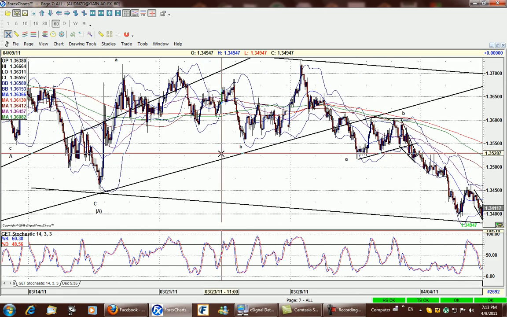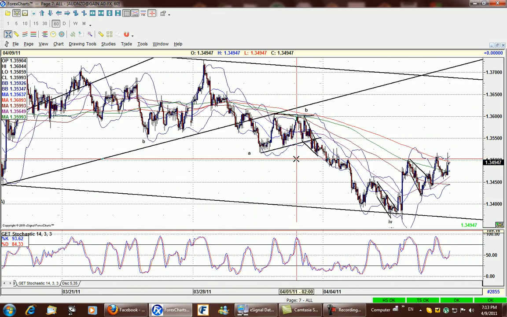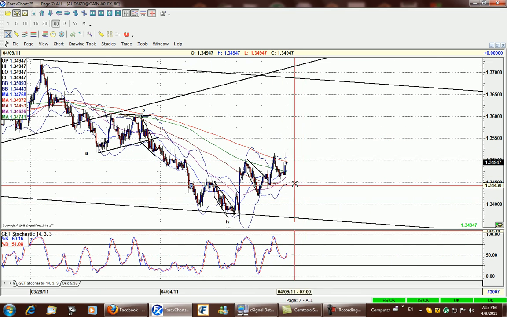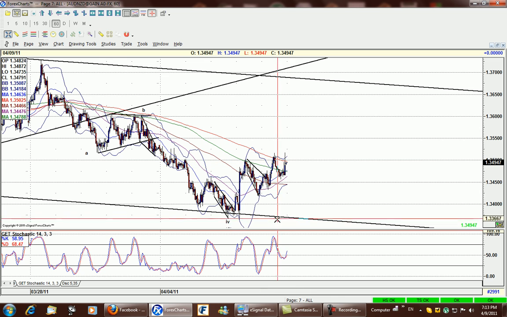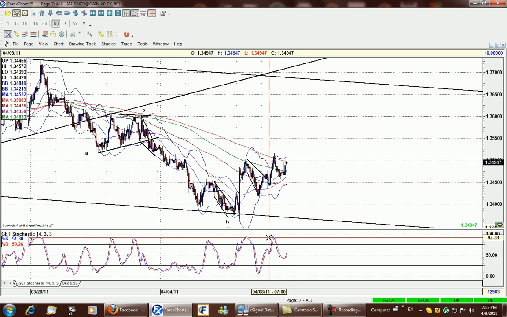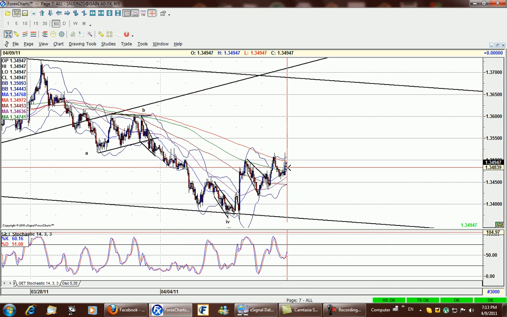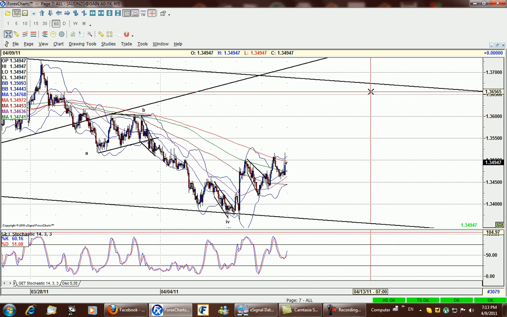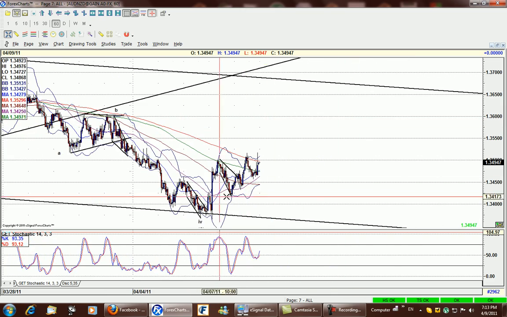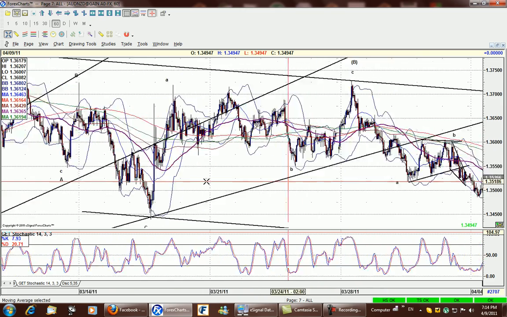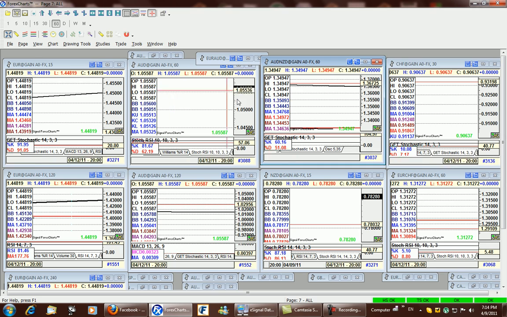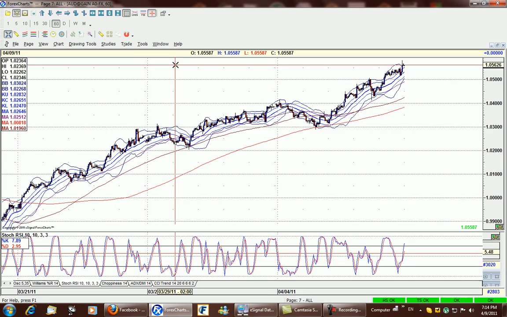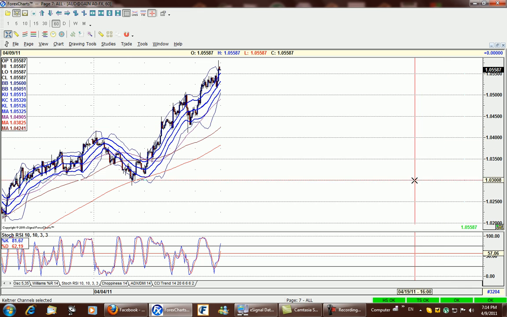knowing that this pair chops a lot, so if you want to jump in, you can go on with a very small position, so you don't get your capital or your leverage locked into a trade for a long time before it goes only 150 pips higher. So this kind of pairs that chops a lot, you just need to trade it with a small sized position, so you don't get your capital locked into a trade for a long time, unlike what happens in the Euro and the Aussie, where you get the 150 pips move in a day or two.